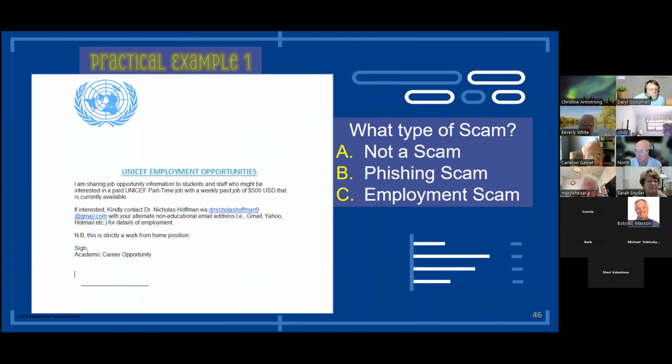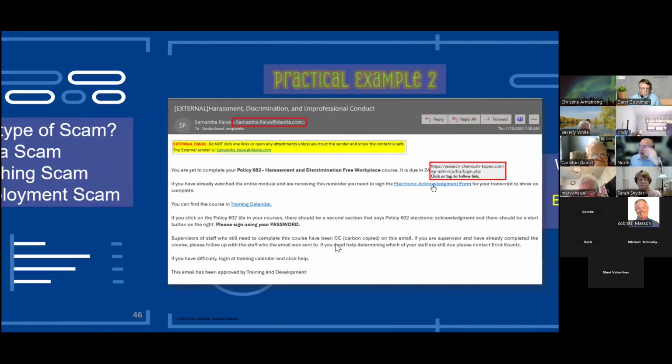It's an employment scam. That's C. That's absolutely right. That is an employment scam. So the way that this works is you're going to send an email to this person at Gmail, and they're going to follow on with, well, this is what you need to do to get this job. If you want this job, you have to send us $100 and so on. So that's how that attack works: you email it and action ensues.